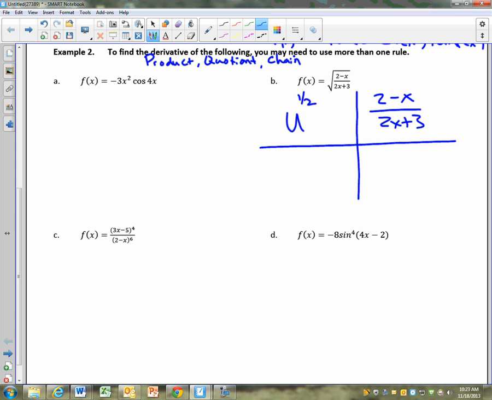U to the 1/2 is on the outside. What's the derivative of u to the 1/2? One over 2 roots of u. Now I need to use the quotient rule for 2 minus x over 2x plus 3. So what is the derivative of the top? -1 times the bottom left alone. What's the derivative of the bottom? Times the top left alone, all over